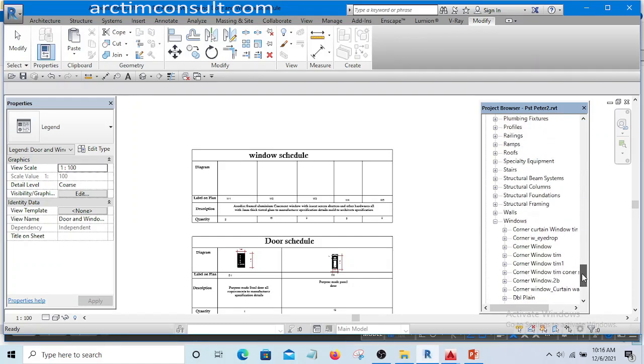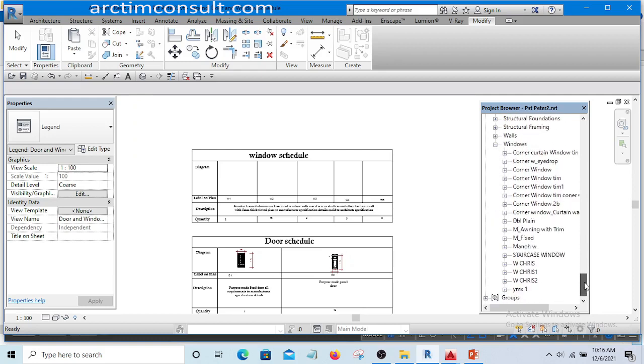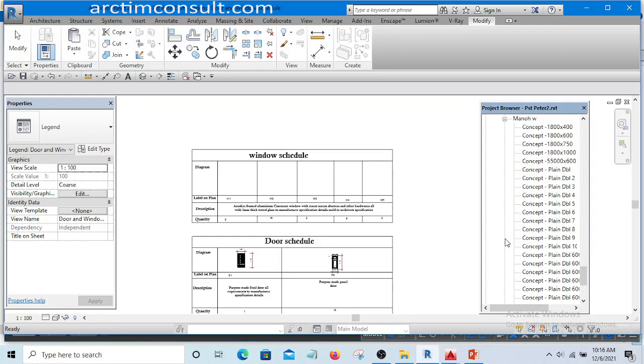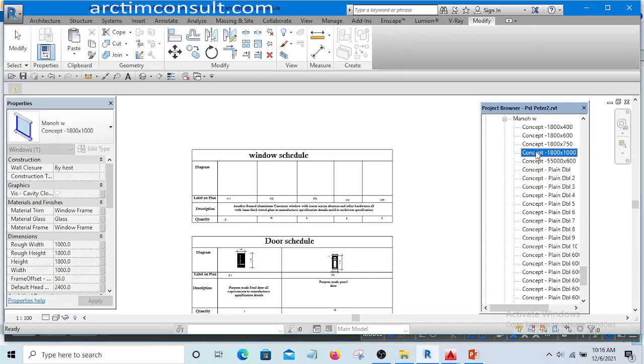Where's Mano? Okay, this is Mano W. This is it here. Then concept, let's open it up. We have so many concepts here, but the one we are looking for is 1800 by 1000. This is it here. So I'm going to press it, drag it to this place,